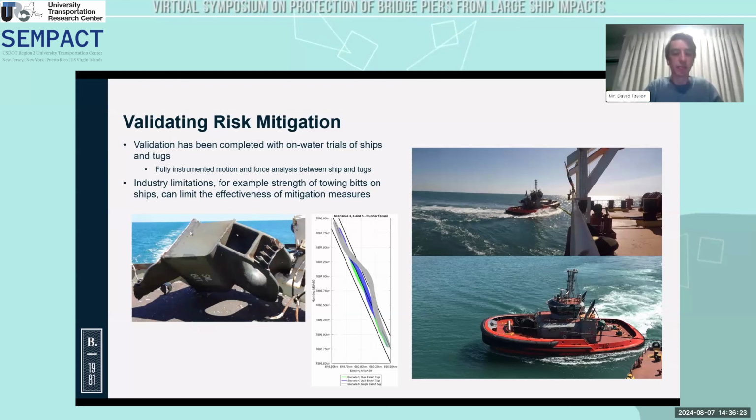So here are some examples of the tug fleet, which I'll describe in a moment, that's been implemented at Port Hedland, being used to steer these large ships. And one of the key things that we had to overcome and specially implement for Port Hedland was to increase the strength of the towage bits on all the Cape-sized vessels that visit the port, so that they can accommodate the very large forces that these escort tugs are able to generate.